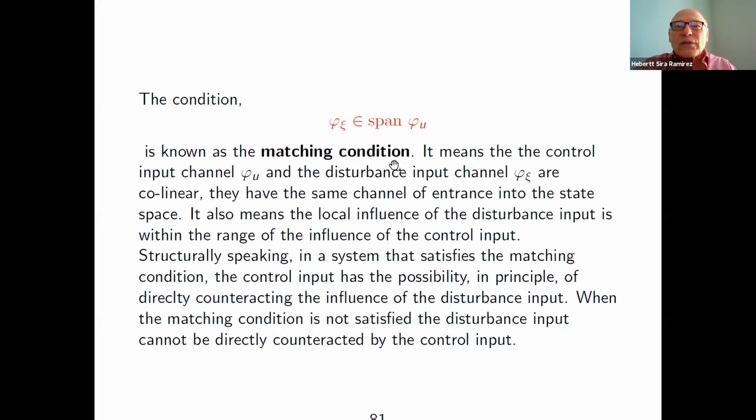So the robustness of sliding mode control has to be put into question when you examine the nature of this condition. The nature demands exact knowledge of the disturbance, how it affects the state space of the system, and therefore you can compute that. But in practice, that's not guaranteed because your model is imperfect.